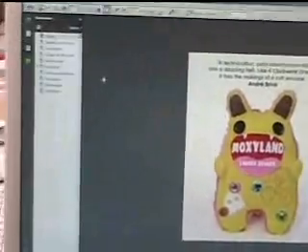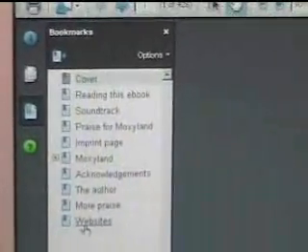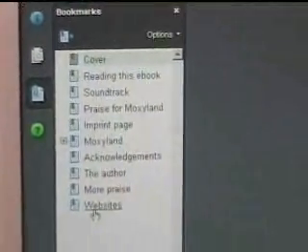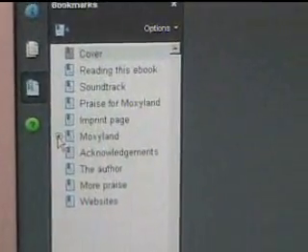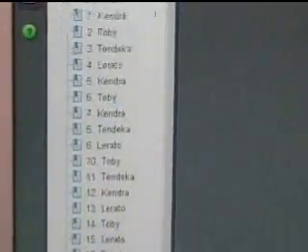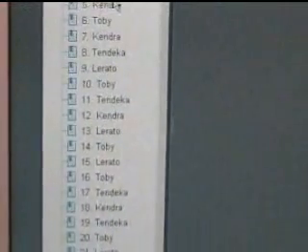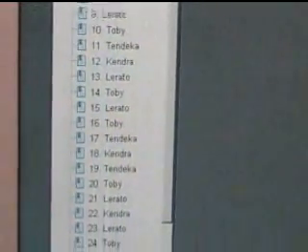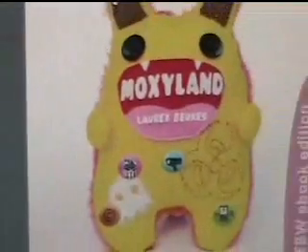Over on the left here, I've got a set of bookmarks that open when I open the Moxieland ebook, and this is what I'm going to use to navigate my way around the ebook as I work. The Moxieland chapters here can be expanded by pressing on a little plus button. There we can see all our chapters. The chapters in Moxieland are named after the characters who are speaking in the chapters, and hence the names. I'll just close that.